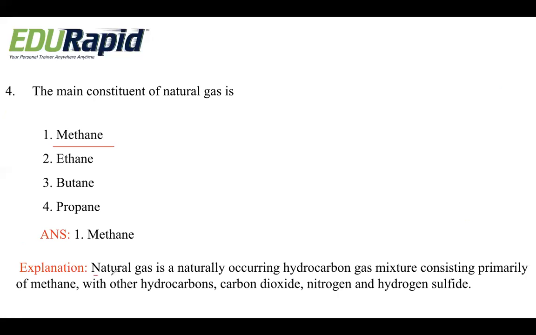Natural gas is a naturally occurring hydrocarbon gas mixture consisting primarily of methane with other hydrocarbons, carbon dioxide, nitrogen, and hydrogen sulfide. So this is the composition of natural gas. So mainly it consists of methane. So next one,